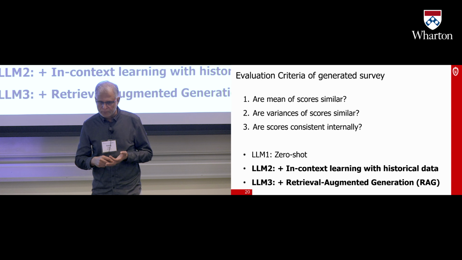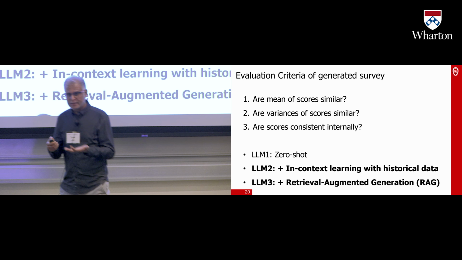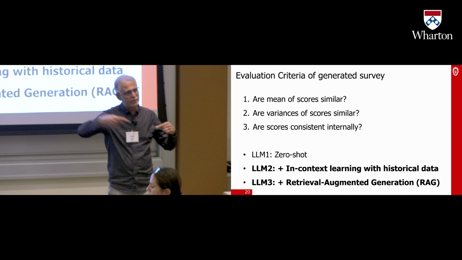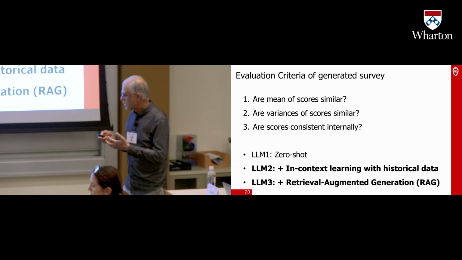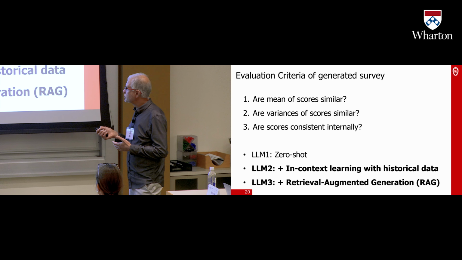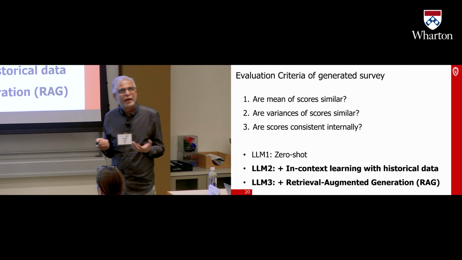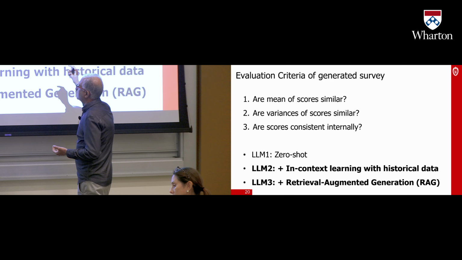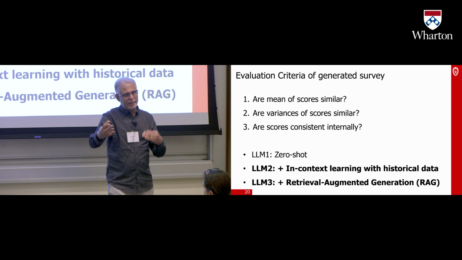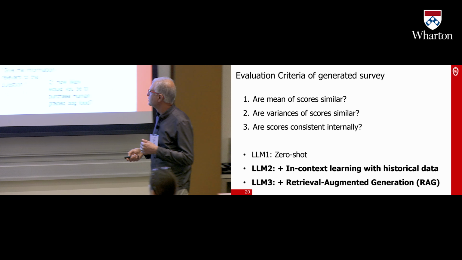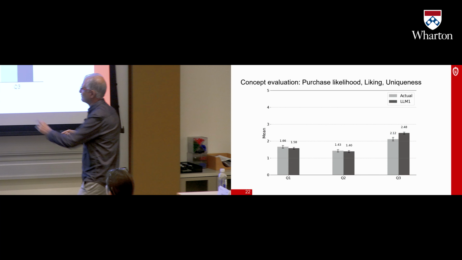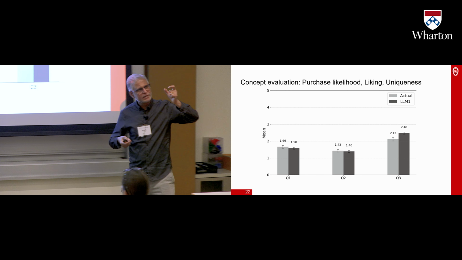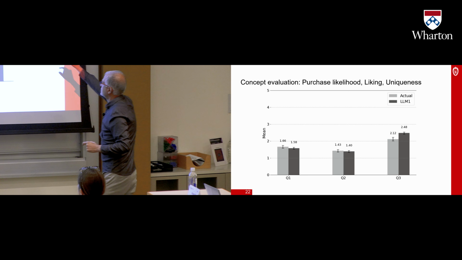We look at things like, are the averages for different questions the same? Are variances the same, meaning, are the answers heterogeneous enough? And are the answers internally consistent? The main findings are that there's bias in the answers. The answers that the LLMs generate, typically what you'll find is like this: if this is actual and this is human, there's always this gap in the means. The second big finding is that the heterogeneity is shrunk.